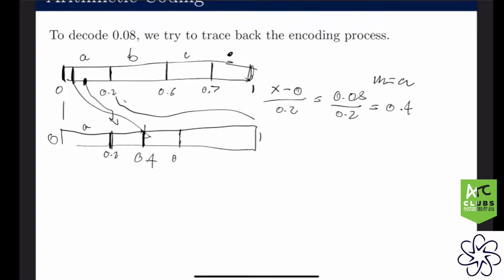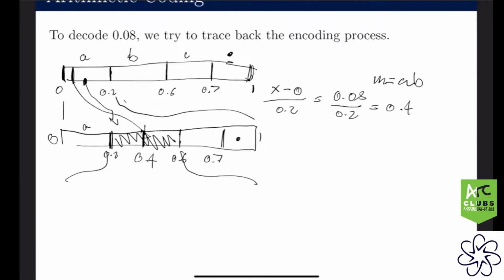B is at 0.6, C is at 0.7, and stop is everything after that. All right, so we know that now the next bit of our message is going to be, well, it's in this area, so it's going to be a B. We do the same thing. We blow this